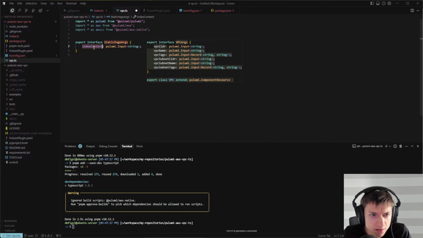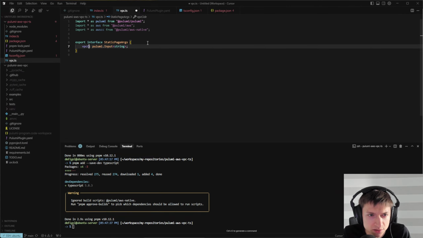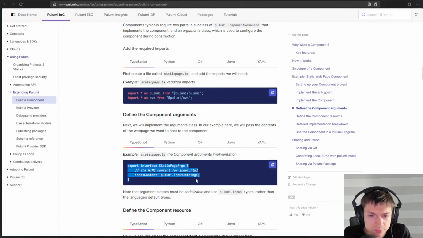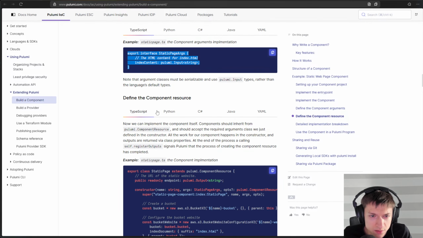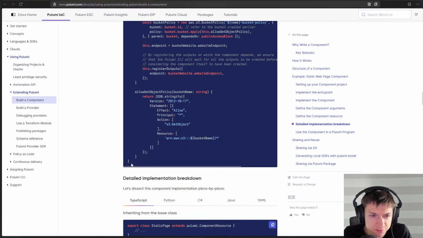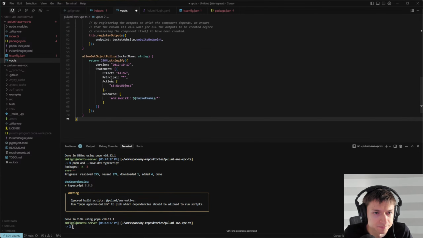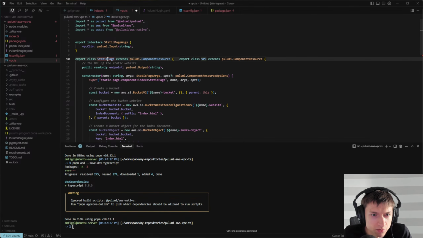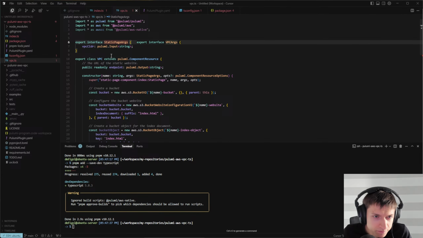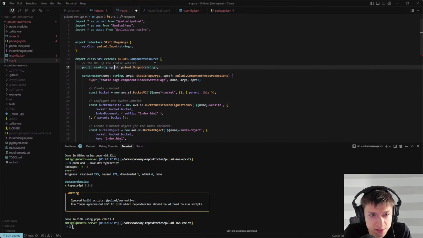This is the inputs, right? So I think for now we will just have VPC CIDR. Let's have VPC CIDR. Yeah, Pulumi input string, that's fine. And then we implement the stuff. Okay. Right, so this will be VPC extends Pulumi component resource, public read-only endpoint, let's say VPC ID,